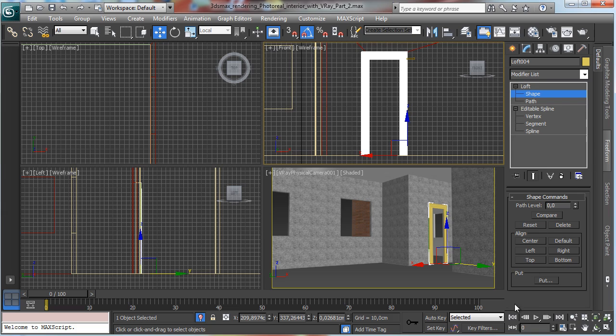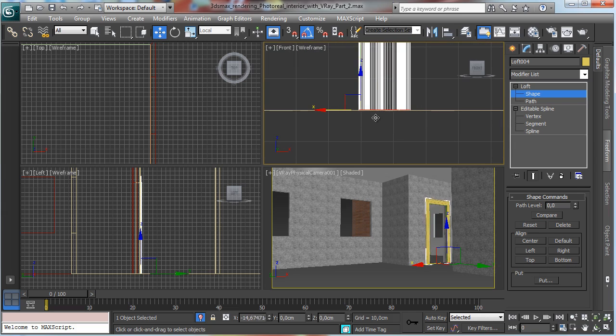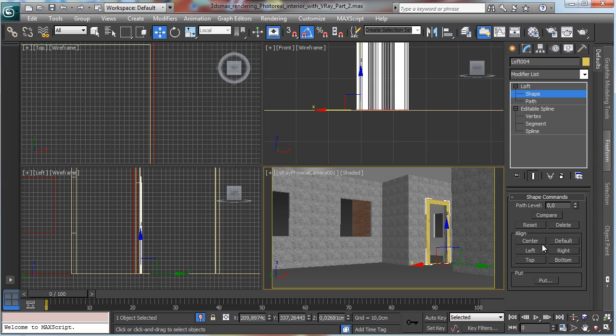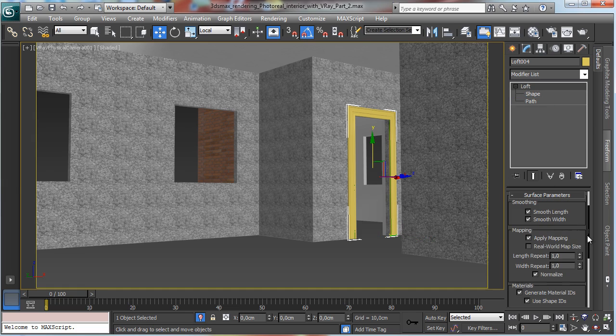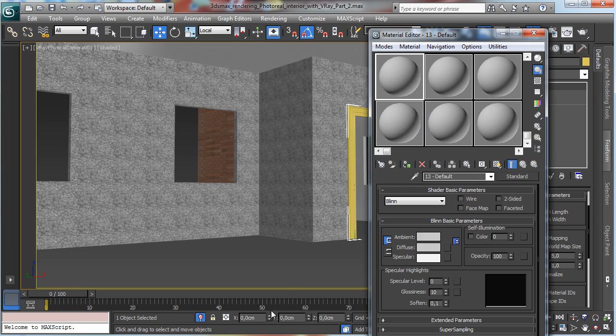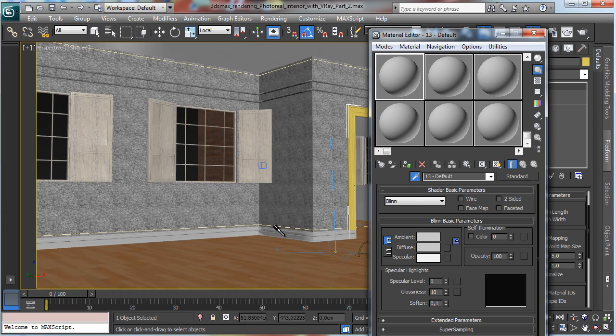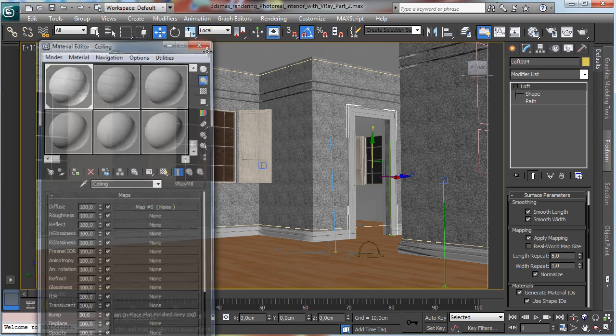and there, let's make a zoom, and we can move it to this area, and we have the right mesh there. Okay, nice. Close. Let's apply the mapping, and let's say that actually we use 5 times the length. I'd like to use the same white we are using for the other parts, so let's use this one, that's the ceiling, and we use the ceiling also for this area,